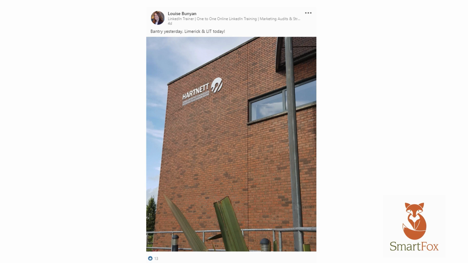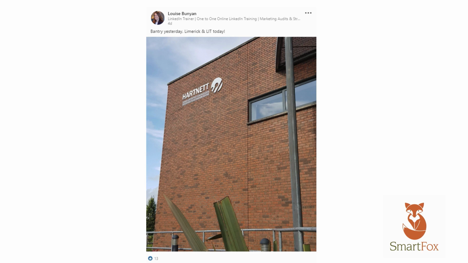Now try and get the name of the building, or try and get an impressive shot of the building. So for example, in this one, this is the Hartnett Enterprise Acceleration Centre in Limerick Institute of Technology in Ireland. I was attending a 2-day entrepreneur bootcamp in this building, and I wasn't too sure if I could take photos of the inside of it, but I still wanted to let my network know that I was attending the course in the building. It was a nice enough day, so I got a bit of an arty shot.